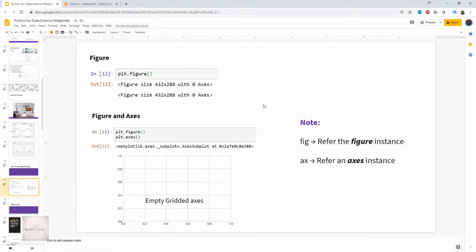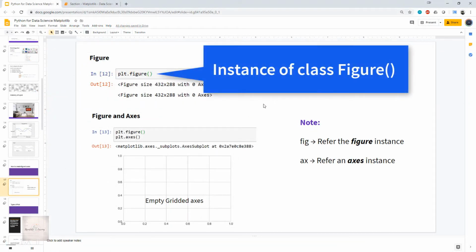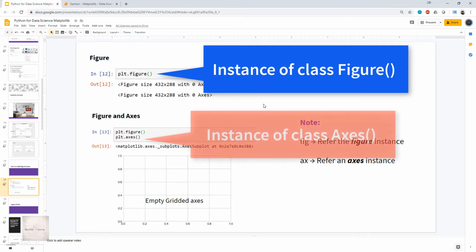So guys, here in this matplotlib, the figure is an instance of the class plt.figure, which contains all the objects representing the axis, graphics, texts, and labels. And now this axis is actually an instance of the class plt.axis. Yes, that is what we are seeing here.